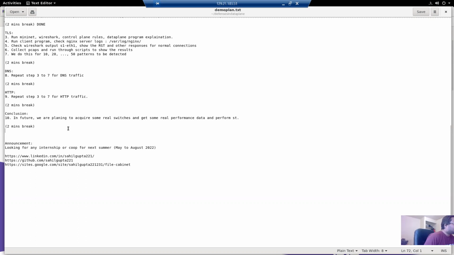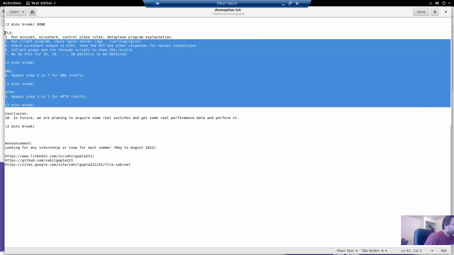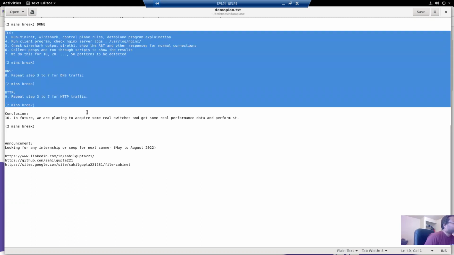So guys, with this, I have shown you all the demonstrations for all the three protocols: corresponding data plane programs, traffic generator scripts, the server utilities programs, and other scripts that help me to automatically generate the low-level data plane rules, as well as to analyze the network performance metrics from the PCAP files.